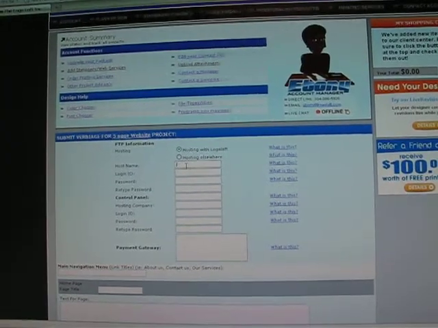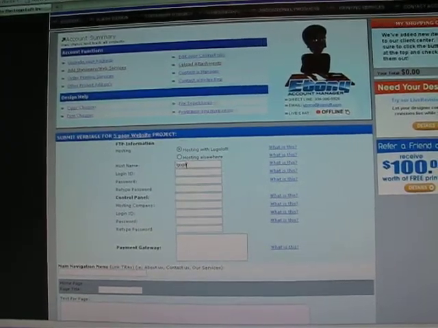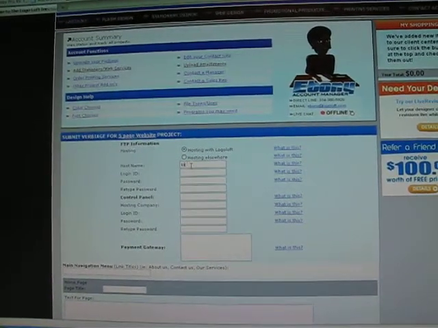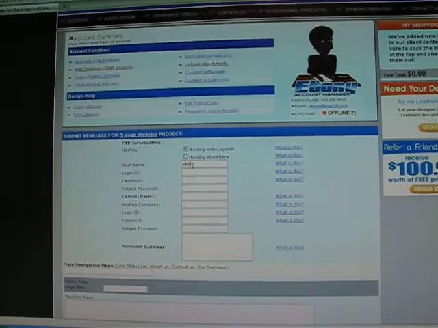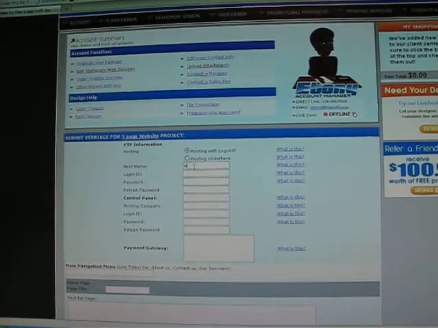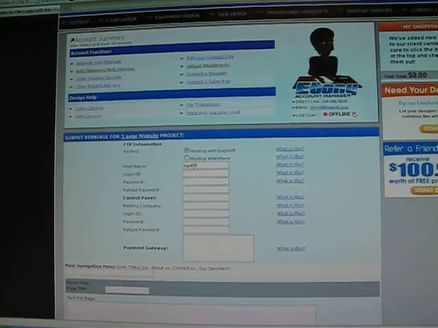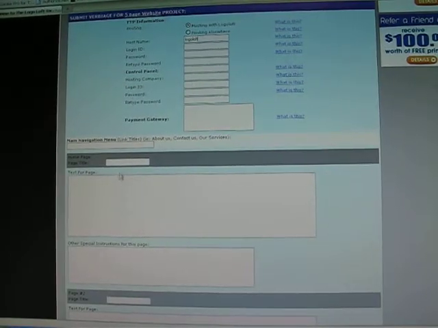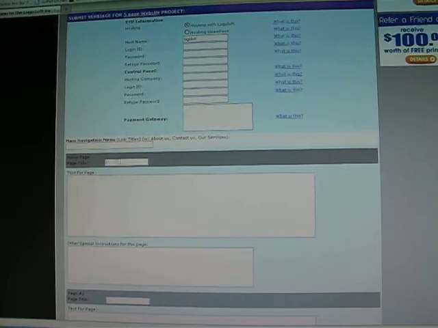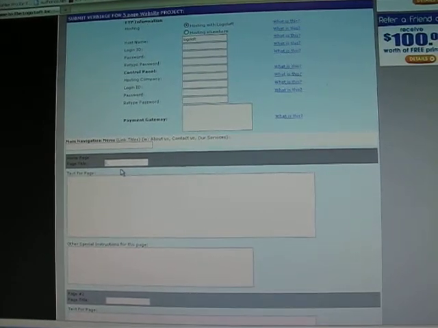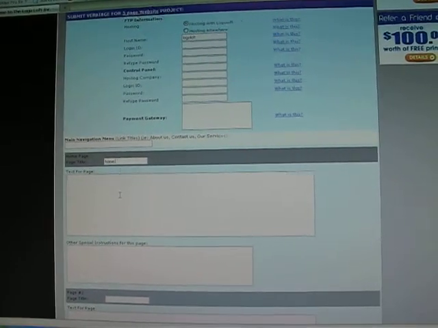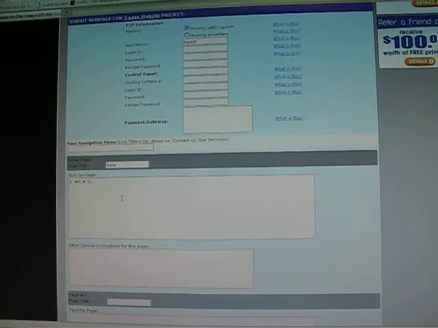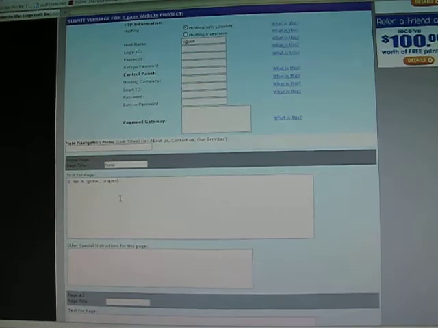So let's say we're hosting with the Logoloft, so we'll just write Logoloft for hosting. So that lets us know you're hosting with the Logoloft. Our web team will take care of that. So for homepage title, I'm going to write out home, because that's what I'm going to name my homepage. And then I'm going to write, I am a great supervisor